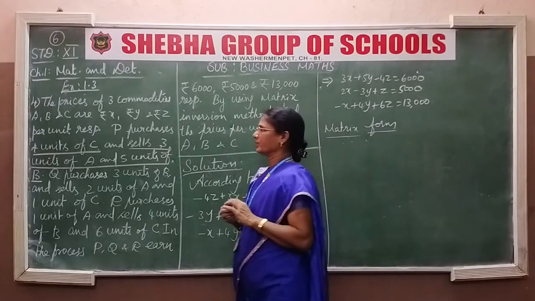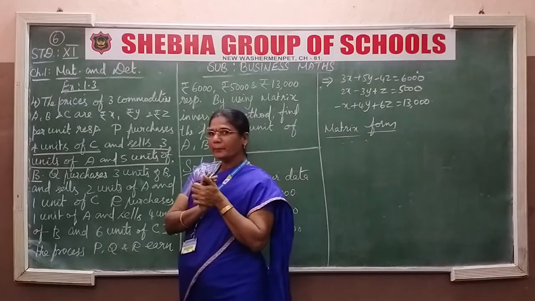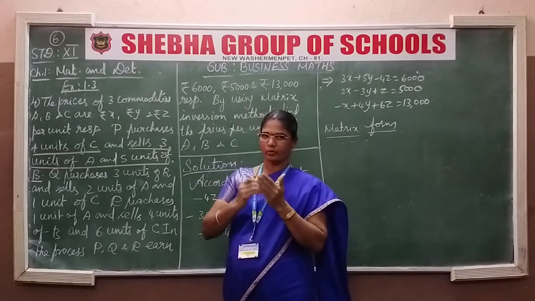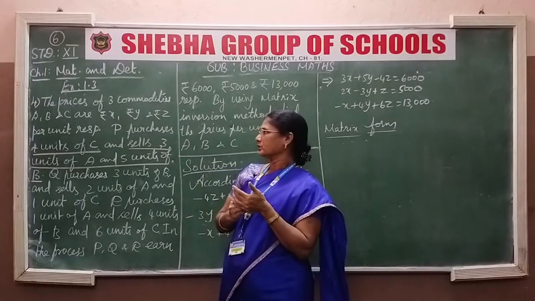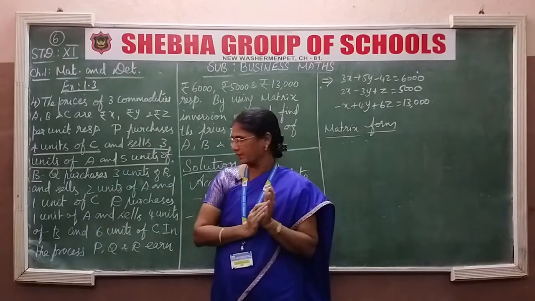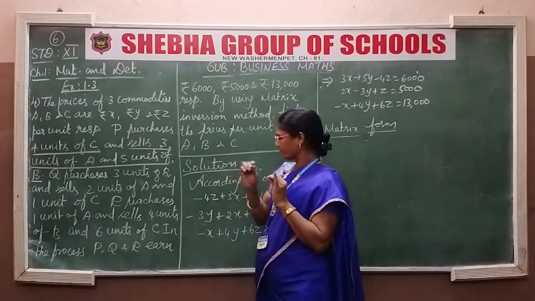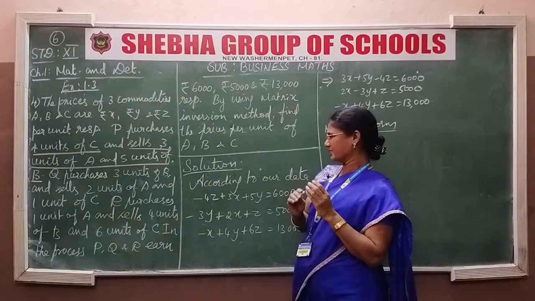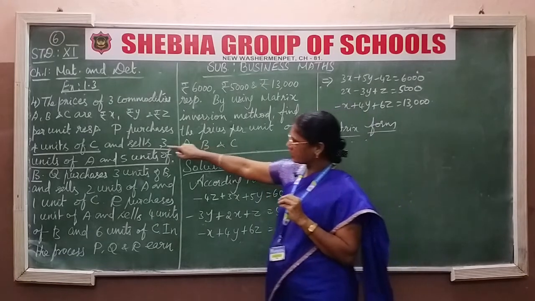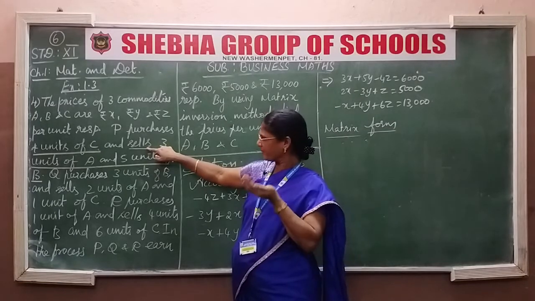Okay, listen. Suppose you are having some money in your hand. If you purchase anything, definitely you will spend the money, so your money reduces. Suppose you sell something, definitely you get the money. In this process, we form the equation. That means for purchase we use a minus sign and for sales we use a plus sign. When we sell, we receive an amount, so we use the plus sign.